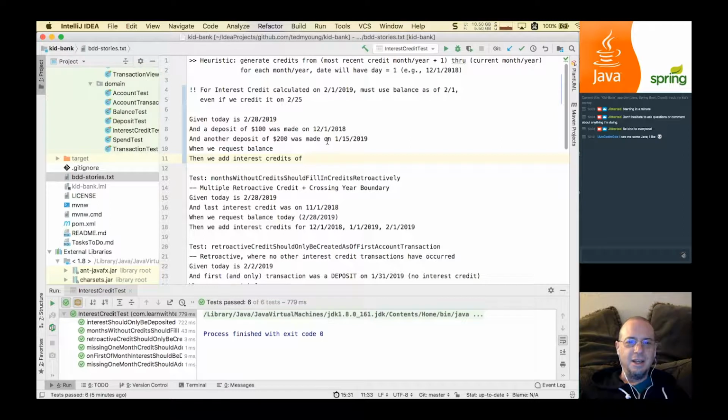Thank you. We'll get to the actual coding part once we figure out what the test is here. So if the first transaction was on December 1st, when we want to calculate the interest credits, we're going to generate an interest credit for, I think, December 1st, and then January 1st, and then February 1st. And so this will be based on,